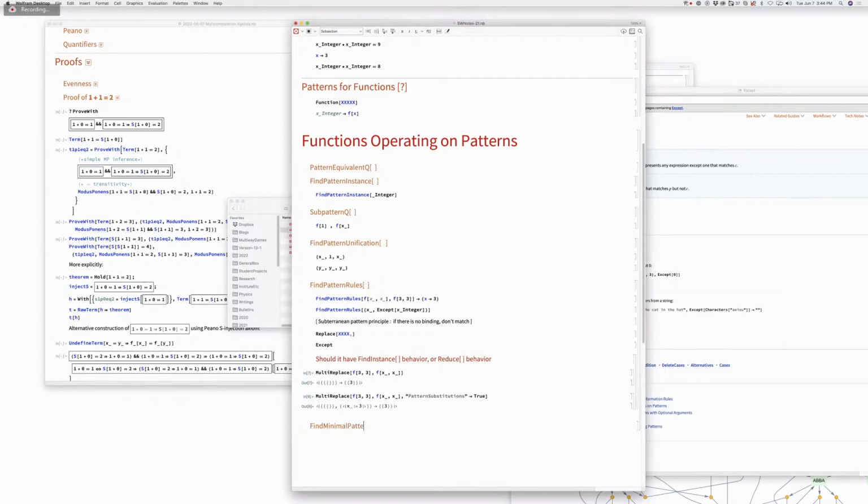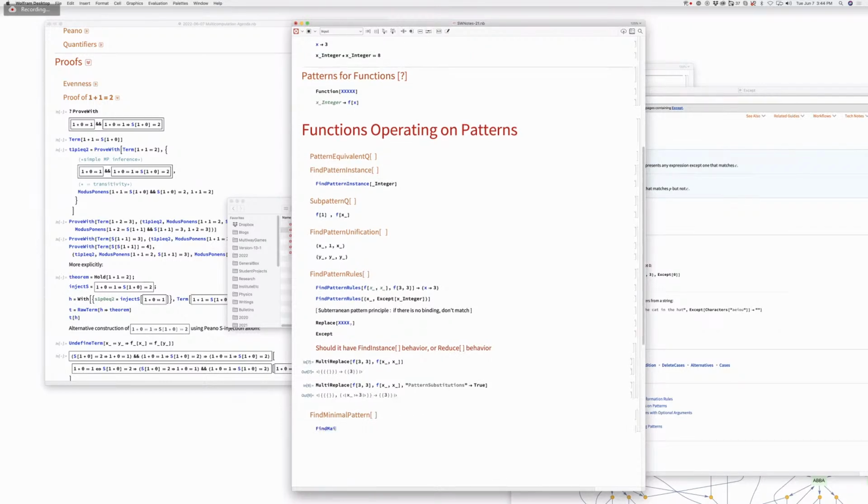So this is basically find minimal pattern. The simplest case would be given a list of expressions, find the sort of best fitting pattern. Okay, so find fitting pattern